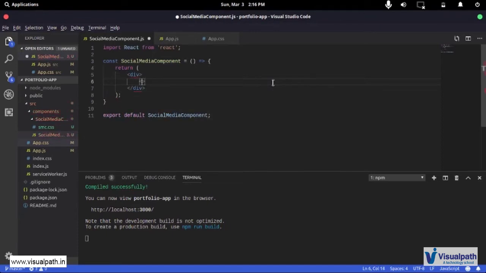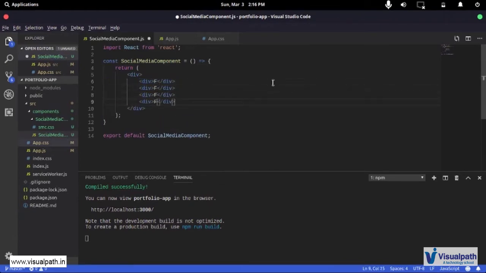So let's just create a box. It's also going to be a div, and let's just write F for Facebook for now, and let's just repeat ourselves a little. Copy, paste, and say I have Facebook, I have G for GitHub, I have T for Twitter, and say I have L for LinkedIn.